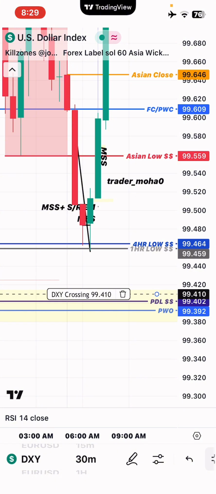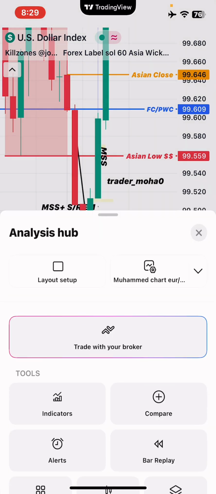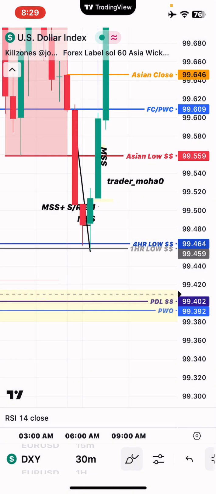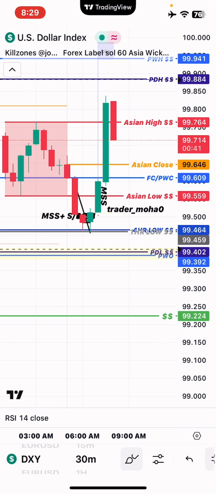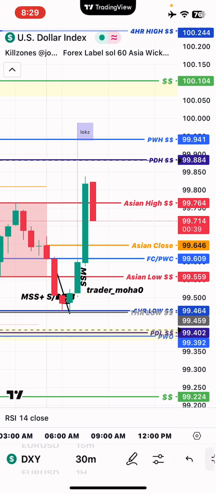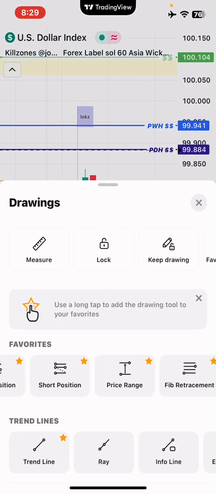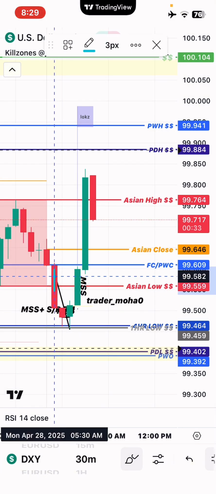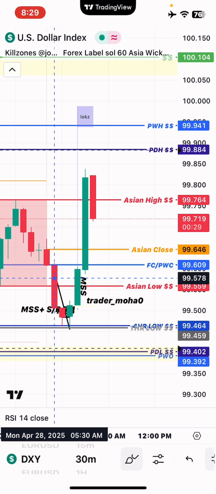So actually today's trade was a little bit straightforward. It wasn't so complicated. So actually what happened was, before London session had opened, we can all see that price actually came to sweep the Asian low here. So after price sweeping the Asian low, it targeted,